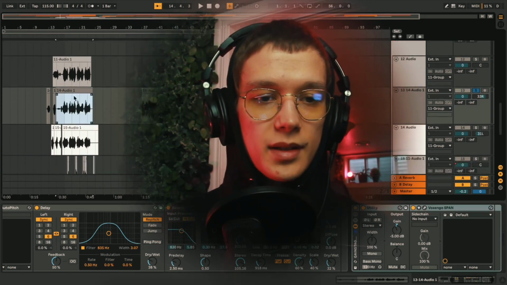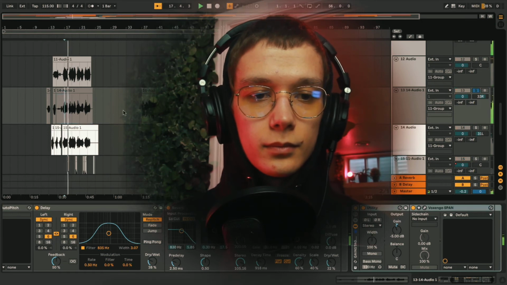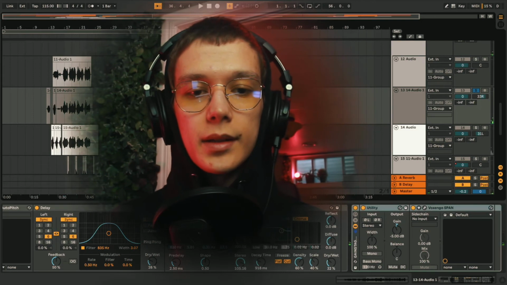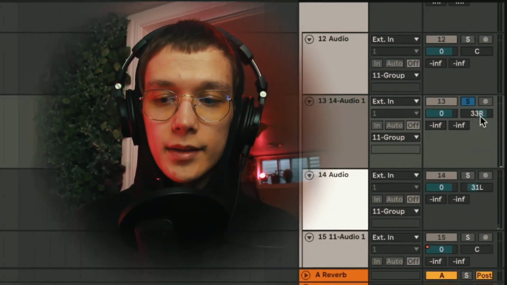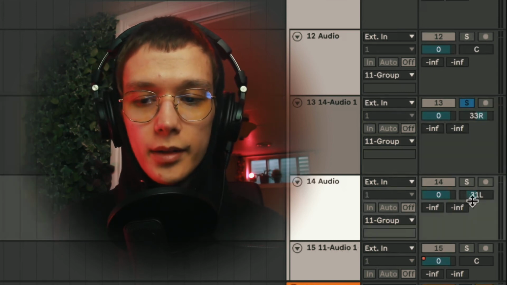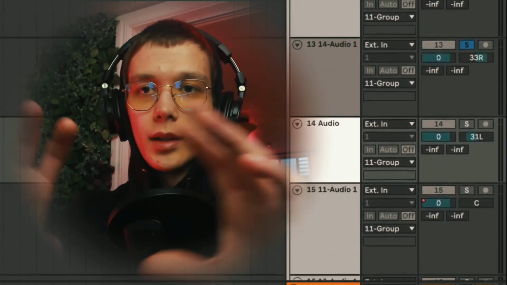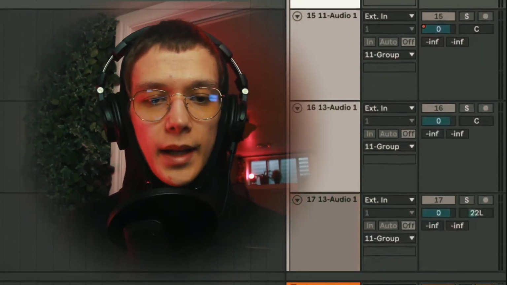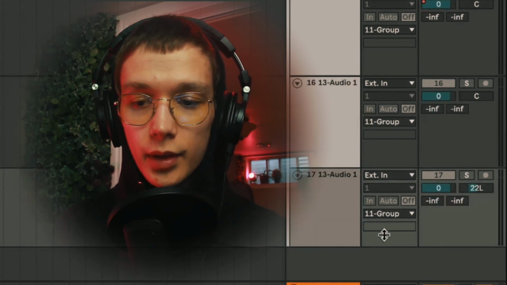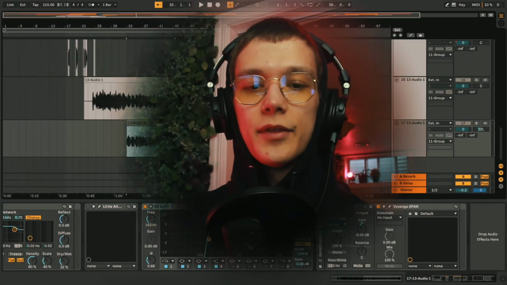But for example, you can see right here, the lower harmony of the hook is actually sitting in the same track as the harmony for the verse, and I have that panned about 30-ish% to the right, whereas the pitched up part is roughly 30% to the left channel, to just give it a little bit of a wider image. And you can do the same thing down here, where I have that down pitch part of the verse, that I just pan about 20-ish% to the left,